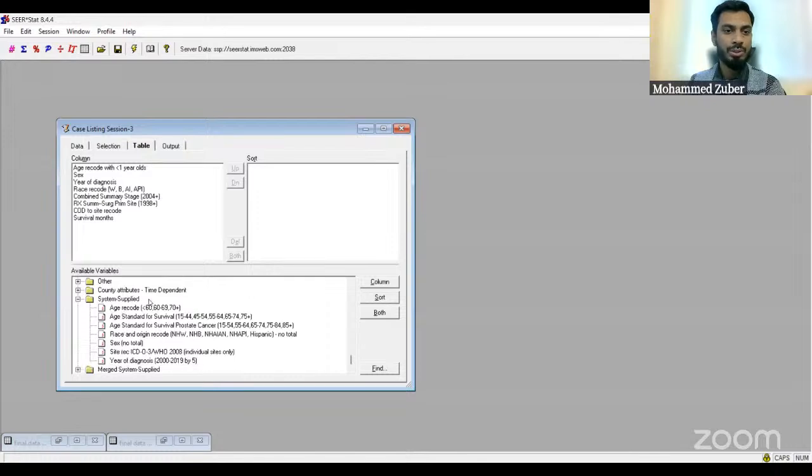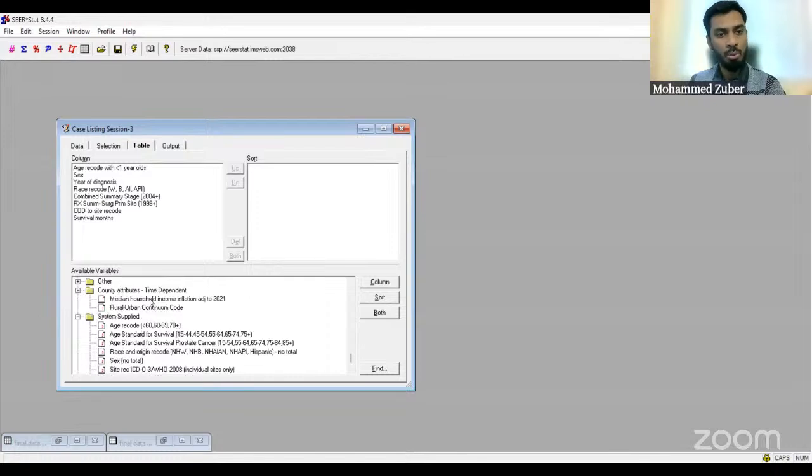You can also see what was the median household income. You can have this variable in your data set, and whether or not the patient was from a rural or urban area, which can also be another driver of health outcomes. Once you select all of these variables, it can be anything based on your research question, but just for demonstration purposes, I have